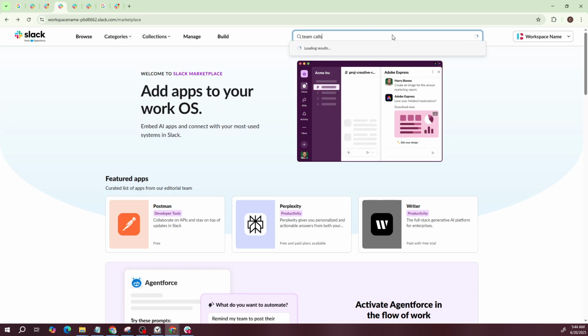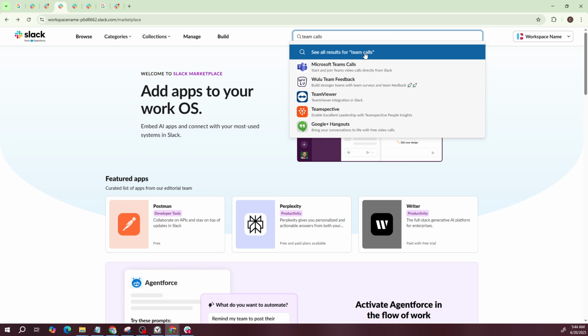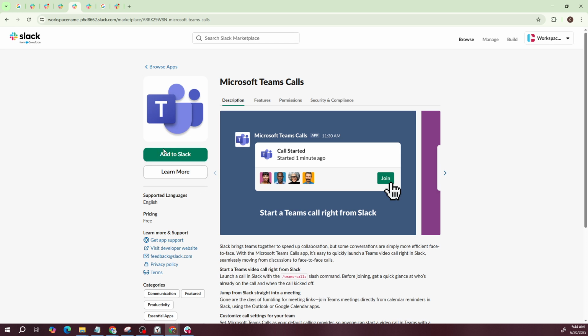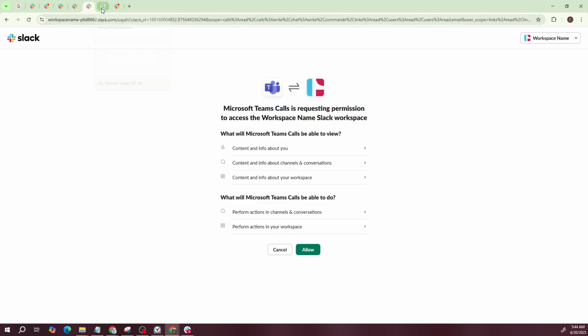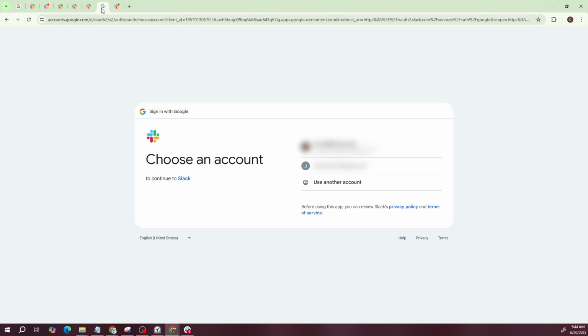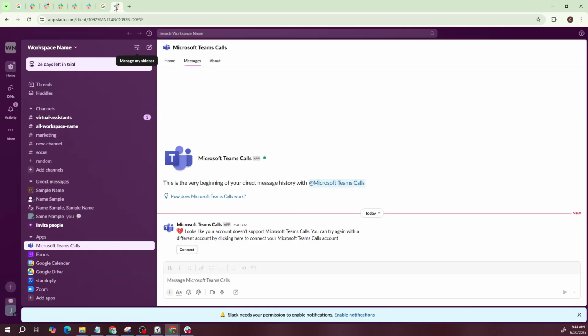When you locate Team Calls in the search results, click on the Get It Now button. This will initiate the installation process. Slack will guide you through a series of prompts to complete the installation. These prompts are helpful, walking you through permissions and other settings necessary to get everything configured correctly. It's important to follow each step carefully to ensure the integration works smoothly, as interruptions in these settings can lead